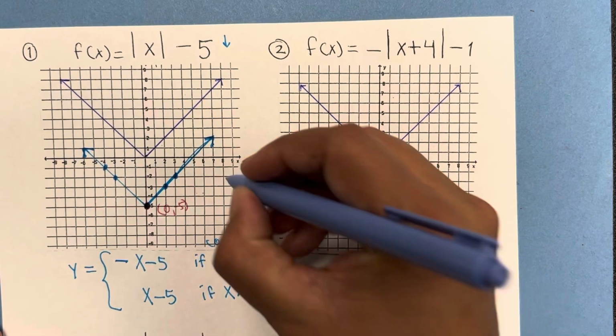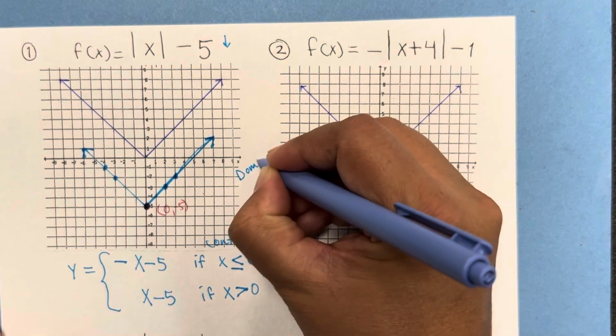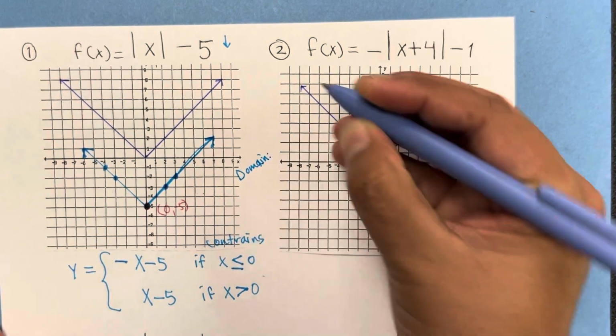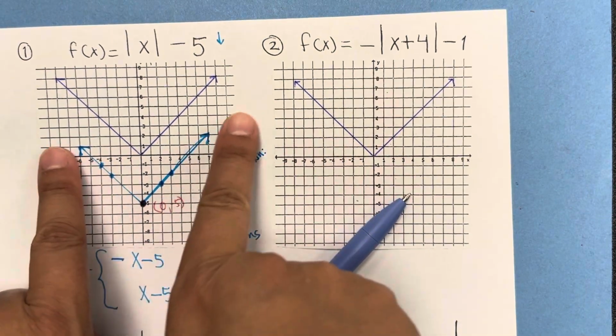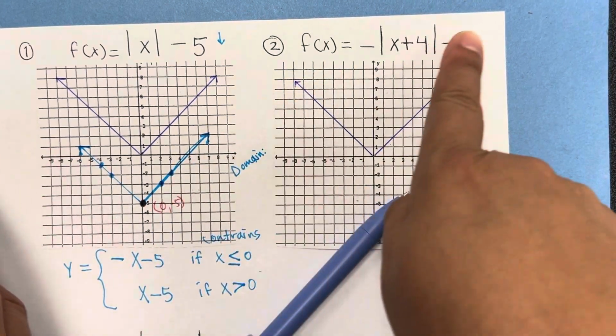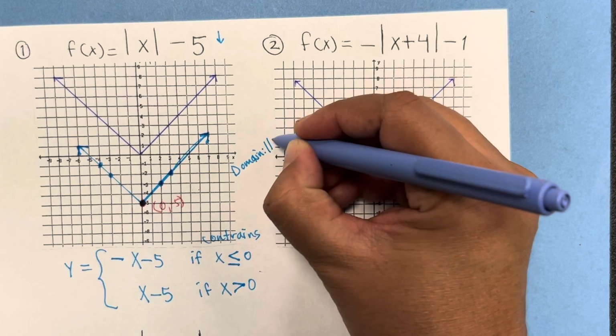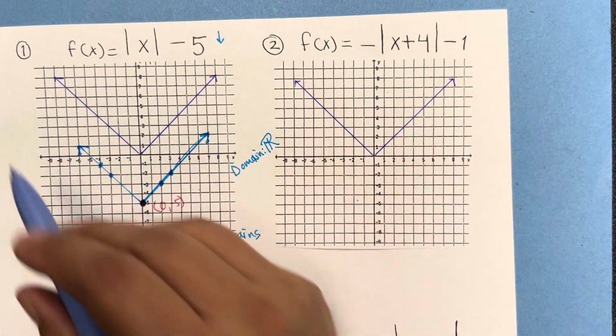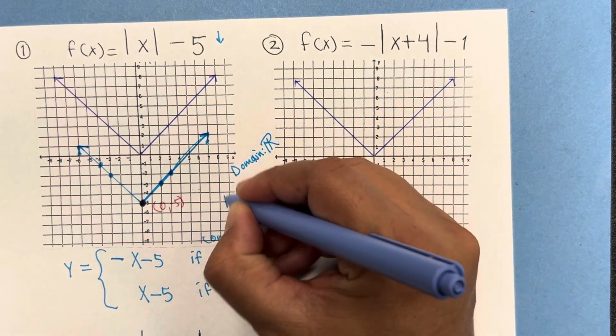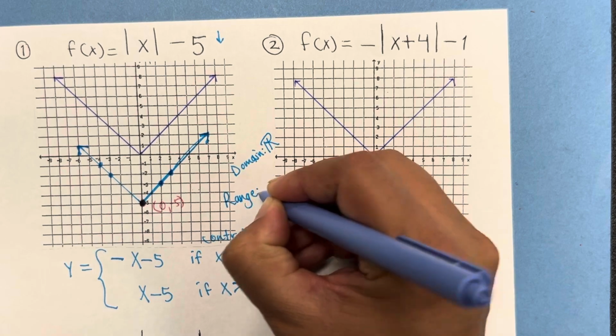For the domain, well, if it kept going, we include all of the x values. So that means that all real numbers are included in here. For the range, which are the values of y,